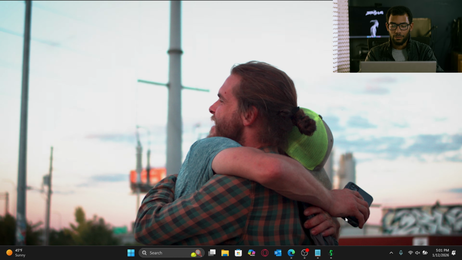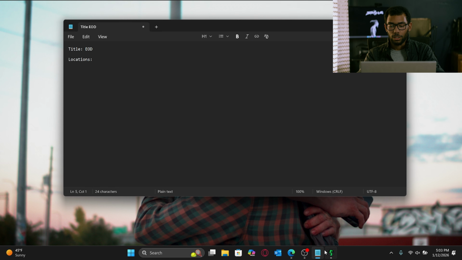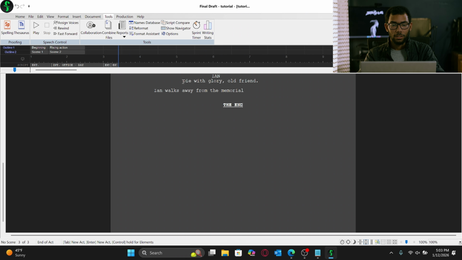So I have kind of started a little bit here on the template. First, I start with the title, which is EOD, and then I start with locations. This is the first thing I start with. Now, if you've got a crew, you might be able to delegate some of this work, especially when it comes to locations. So we are gonna go to Final Draft, and obviously, like I said, I went back and kind